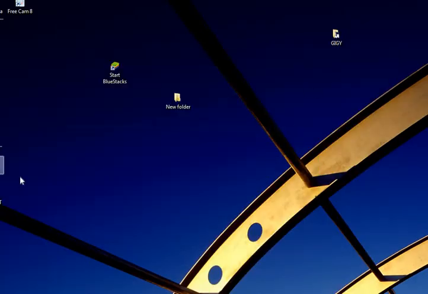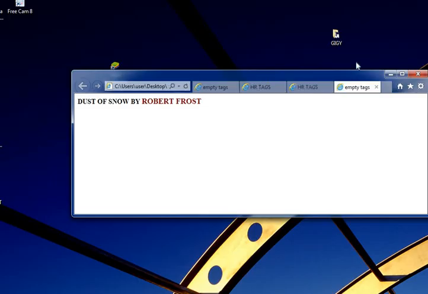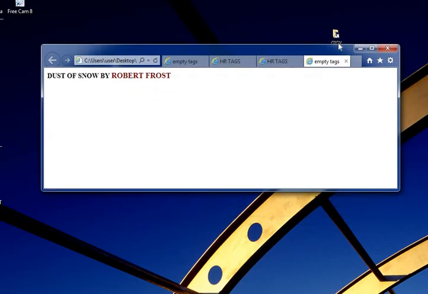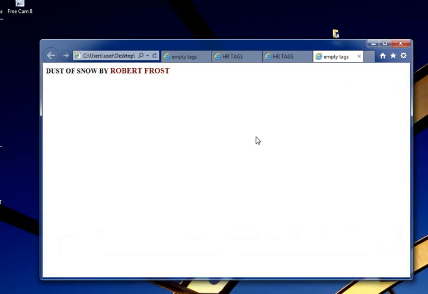We can minimize it to view the browser window. This is the output.